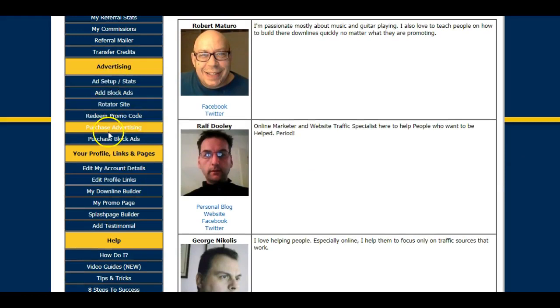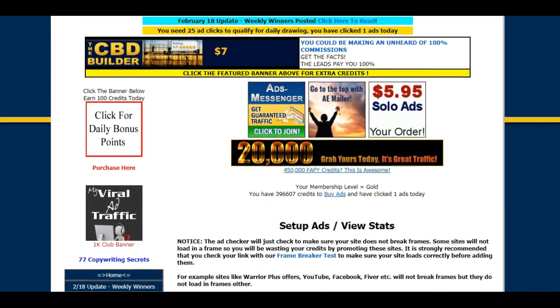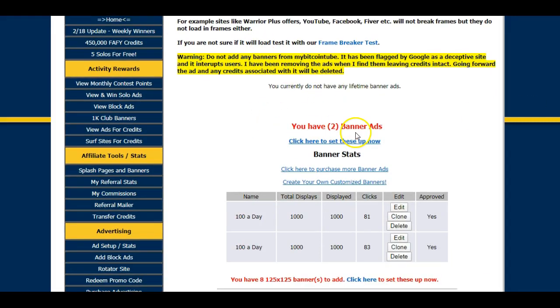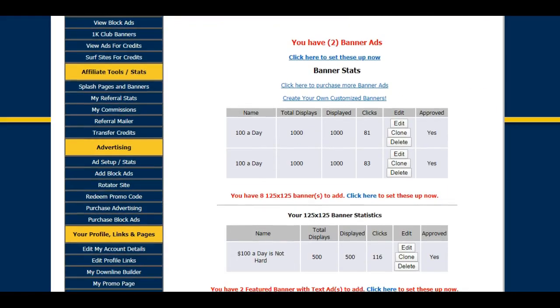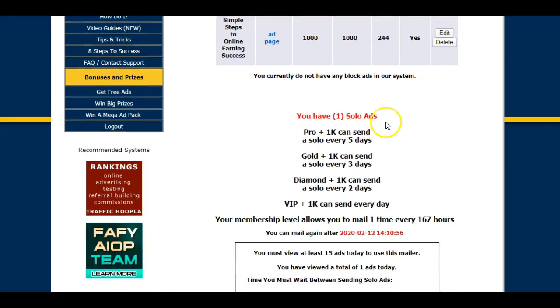So the different advertising. Once you are actually ready to add an advert, you can click on here, which is your ad setup on your stats option. In here, there's going to be a list of all kinds of different adverts that you can send. It'll tell you what you actually have available. I currently have 2 banner ads available, and I can just click here to set these up. Now, we haven't talked about banner ads yet, but if you go down,